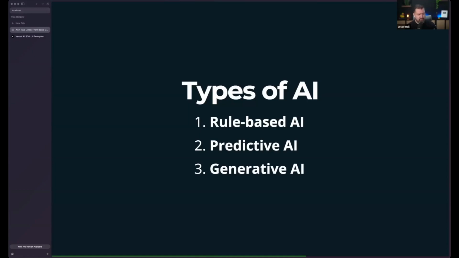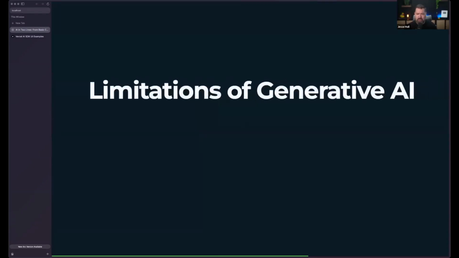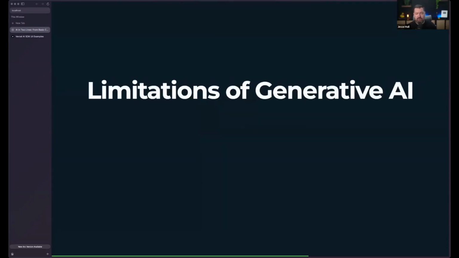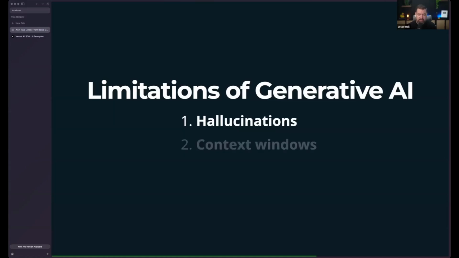Right? But there's some caveats here because there's limitations to these generative AIs, these LLMs. These models hallucinate. They can be very confident in their hallucinations. They have no concept of right and wrong. They have no concept of truth and lie. They just know what they've consumed, and they can hallucinate. So we have to fix that.